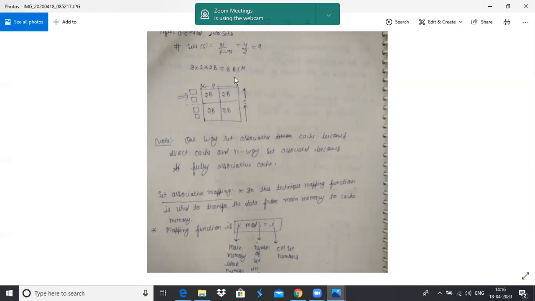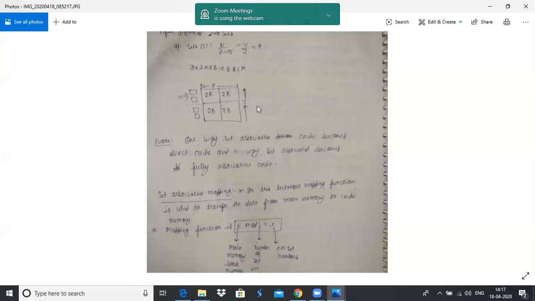Because previously, before the organization, the main cache memory size was 8 bytes, and after the organization the cache memory size is also 8 bytes. Here, there are two sets. The zeroth set contains 2 lines, and each line contains 2 bytes. Again, the first set contains 2 lines, and each line contains 2 bytes.